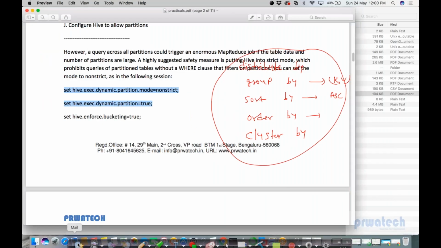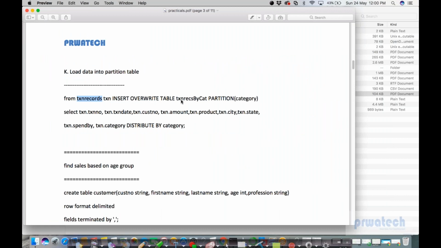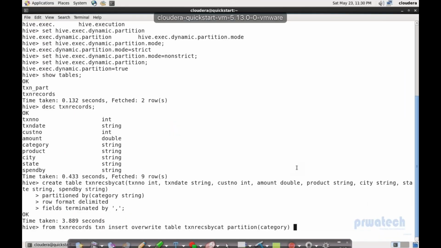So I'm running this query. From TXN records, TXN, insert overwrite table, table name, partition category. Then I'll take all this result and distribute by this data to category. So if I'm not using distribute by category, what will happen? We'll see after the query. Partition category, select a dot. Same thing I'm writing. TXN number,